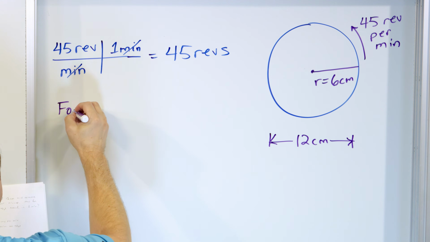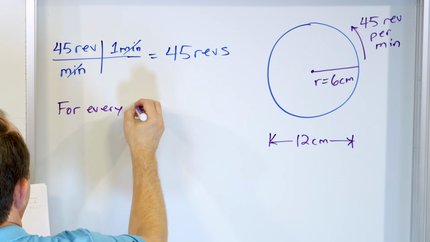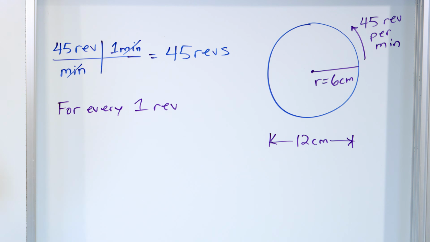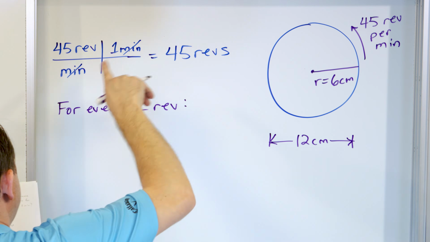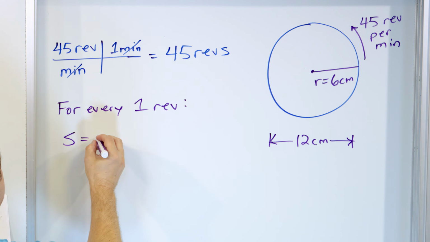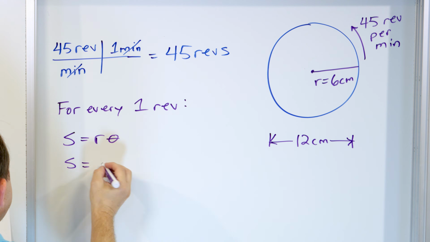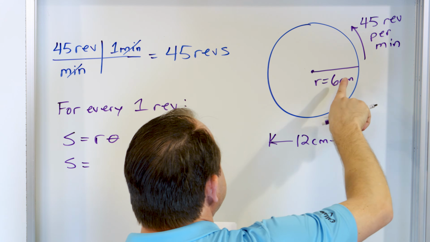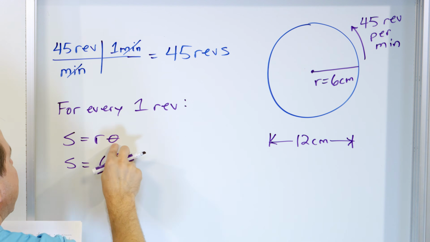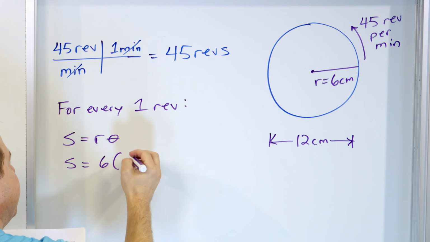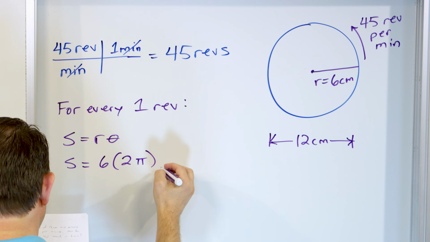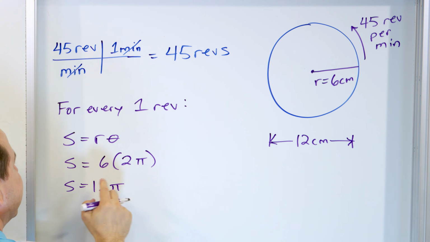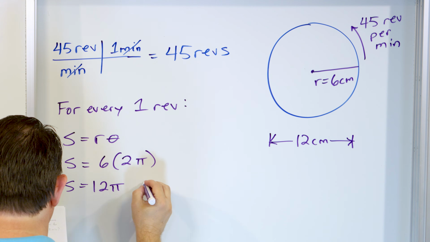All right. Now, we want to figure out what is going on over 1 revolution. Notice there's 45 revolutions that actually happen over a 1 minute period. But for every 1 of these revolutions, we know S is our theta. And so the arc length that's traveling over a 1 revolution period is just going to be 6. And what is theta going to be? Over 1 revolution it is going to be 2 pi radians. So what we get is 12 pi, and what's the unit of arc length? It's in centimeters because this was in centimeters here. So centimeters